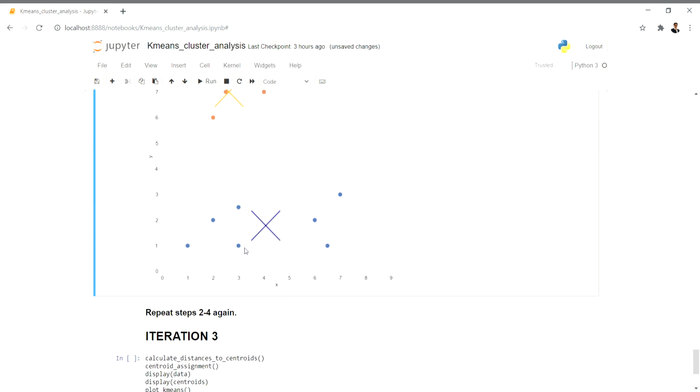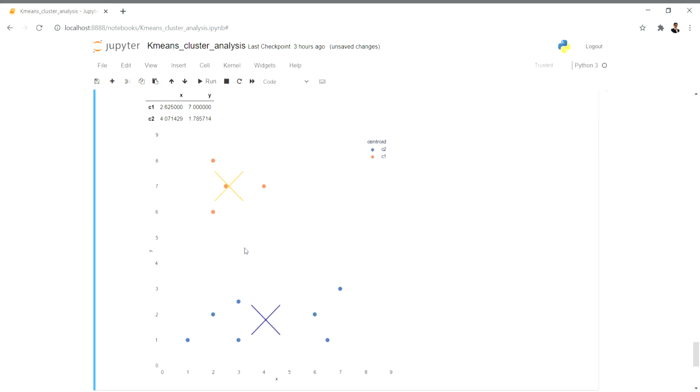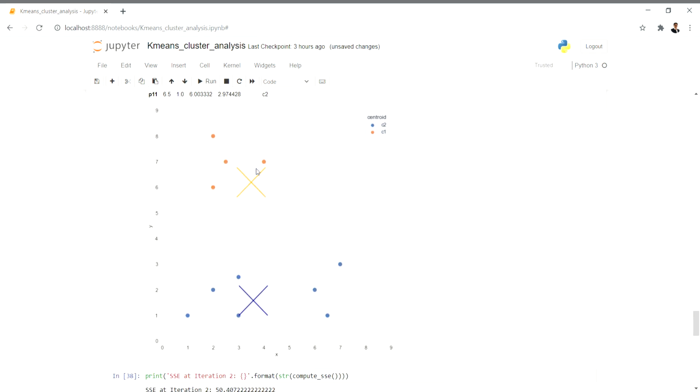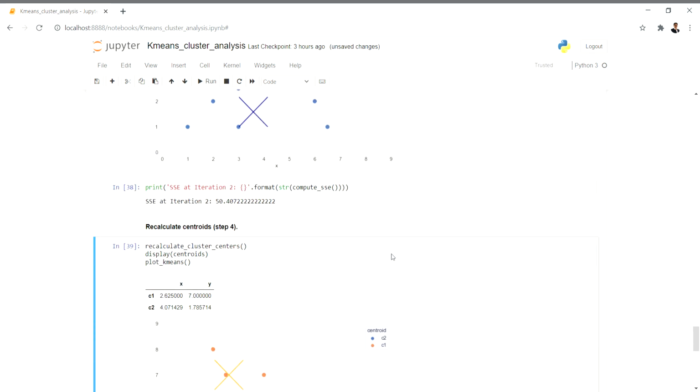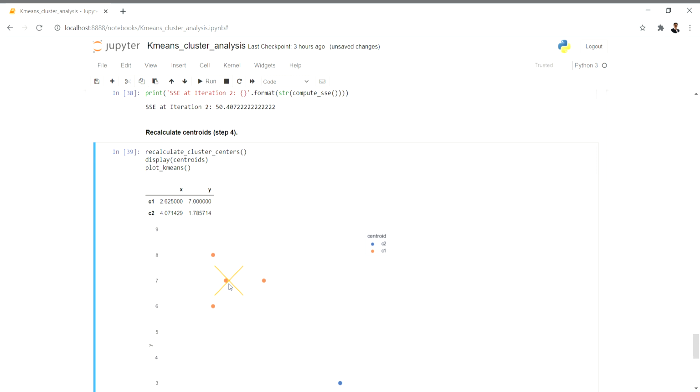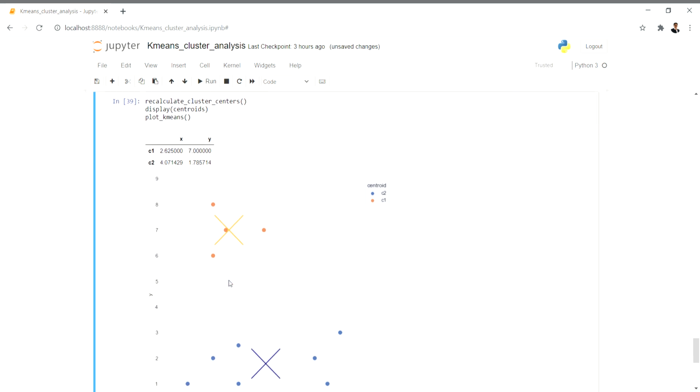Centroid is nothing but a representative point, so obviously it should not be somewhere here. If all the points are at this position and the centroid is here, then it's not representative. So it has to move somewhere up. That's why it's going up here.